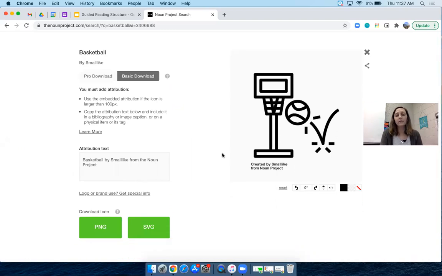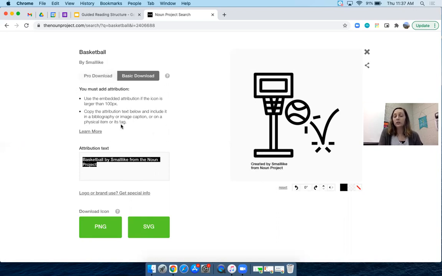And you're going to get a little bit more information about the icon that you selected. So the first thing you'll notice that once I picked basic download, I get this little stamp here that's giving credit to the illustrator. So it says who it's created by. And when I download this, that stamp is going to be a part of the picture. That is because we do have to give credit to the author or the illustrator of this icon, but you'll notice that it is included here. You'll also notice that you get attribution text that you could copy and paste somewhere else. So here's a little description